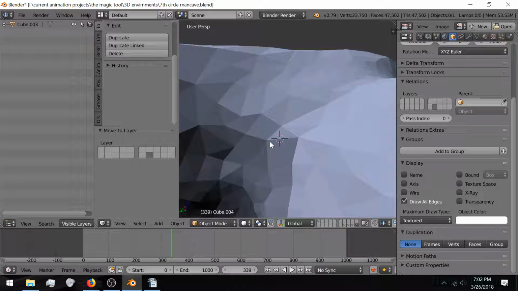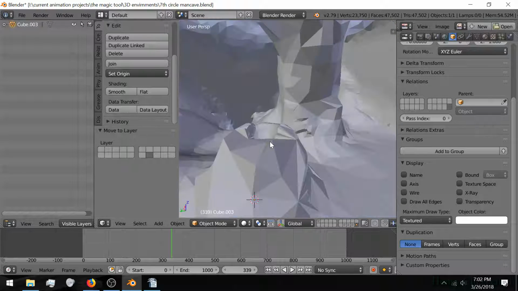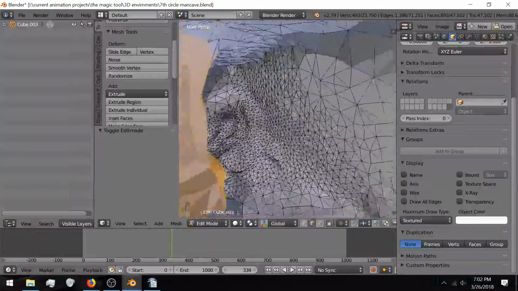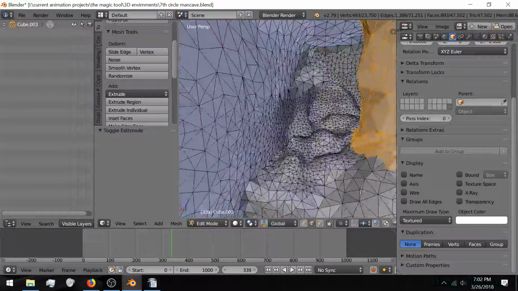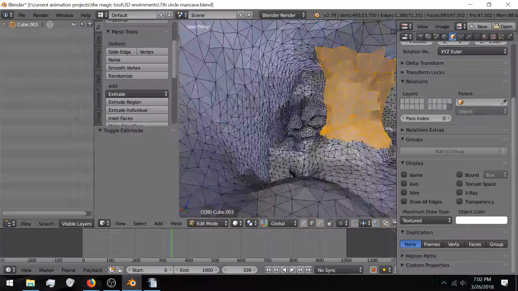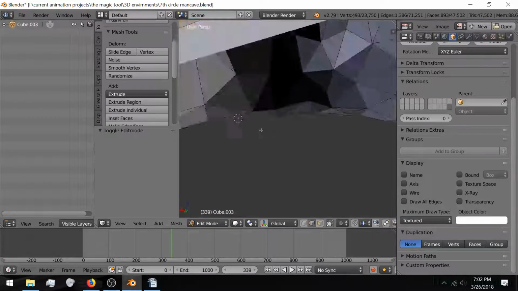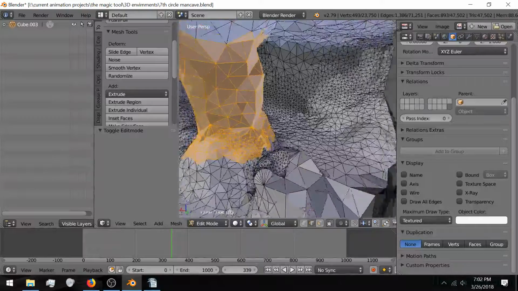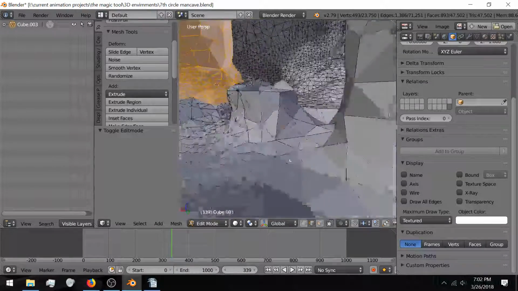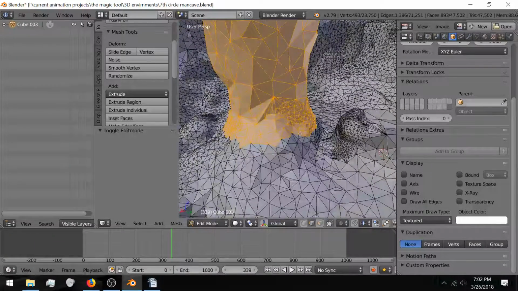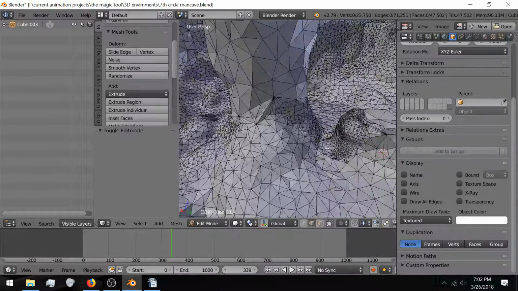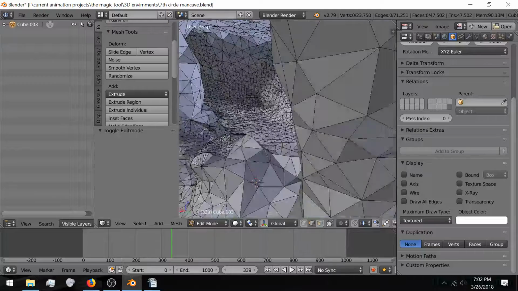The original mesh that I originally started off with, I used, and the reason why this mesh is so random is I used